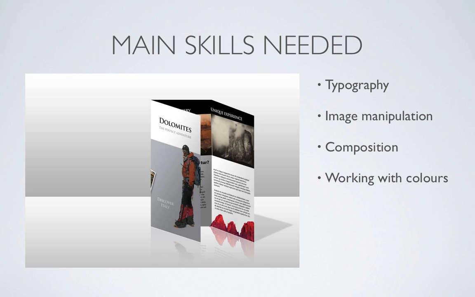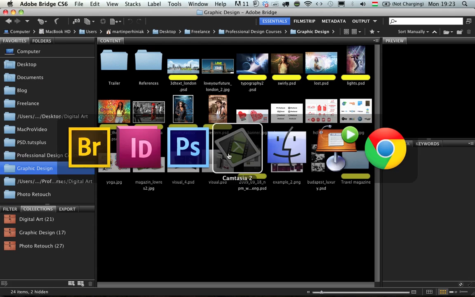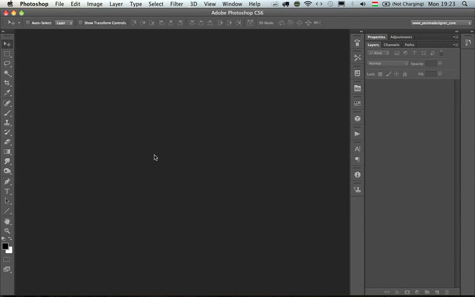Now, for typography, you really need to have a strong understanding of the rules. This can come with the experience that you have throughout the years, but it's always better to learn about typography. It's not a really difficult topic. There's a couple of principles which you need to learn. For example, let me just show you a quick example. If we have a text,